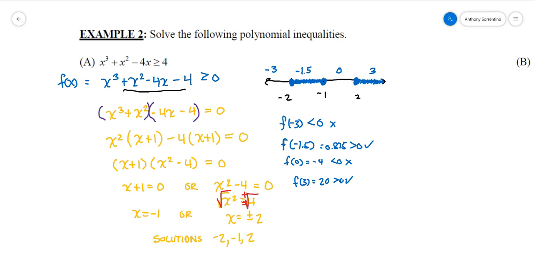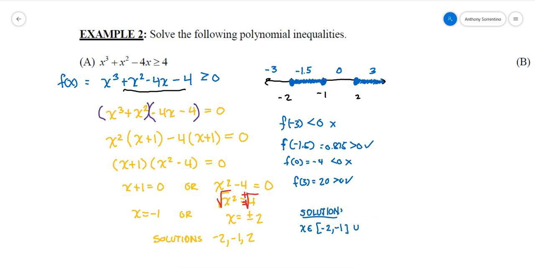So when I state the actual solution to the inequality in interval notation, I could say it's from, now bracket, negative 1 or negative 2. Make sure you use the markings on the number line, not the representative. Sometimes I get ahead of myself and do that. Negative 2 to negative 1,